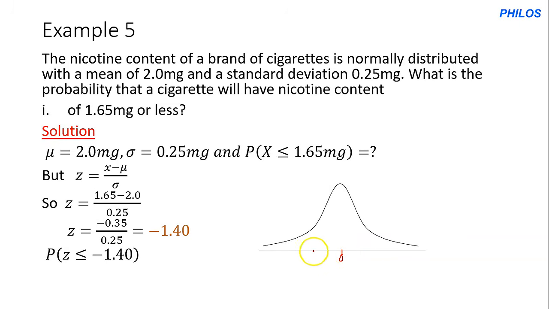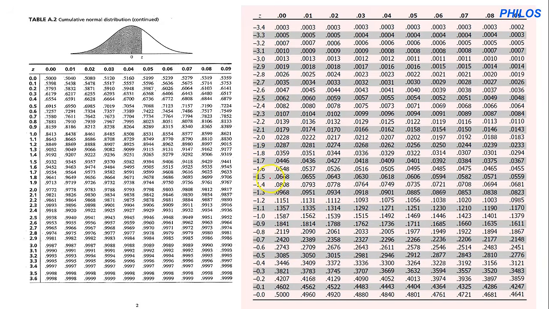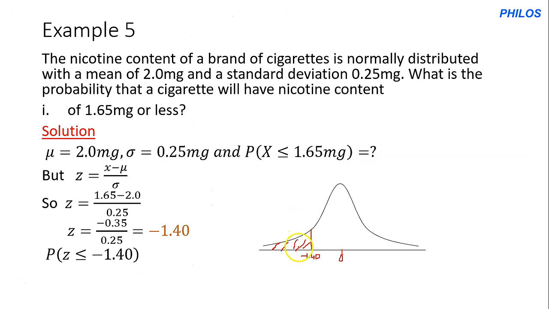And then, let's say negative 1.40 is somewhere here. But the question says less than. So, it means we are finding this area. So, we can go and check negative 1.40 on the negative z table. So, negative 1.40 is 0.0808. But remember, I told you when you check a negative z-score on a negative z table, the answer represents the left. So the area to the left is 0.0808. But according to the question, we need the area to the left also, isn't it? So straightforward, the answer is